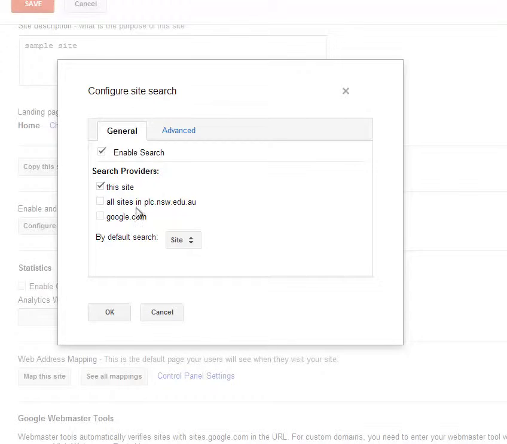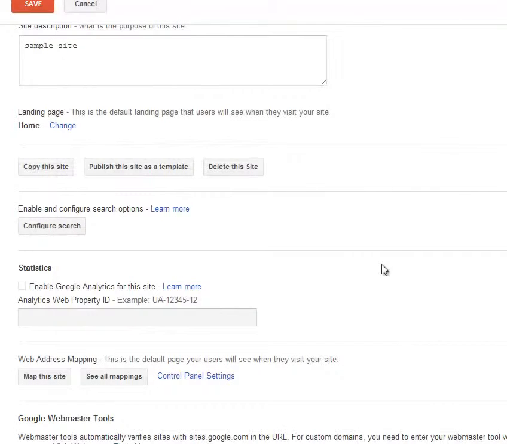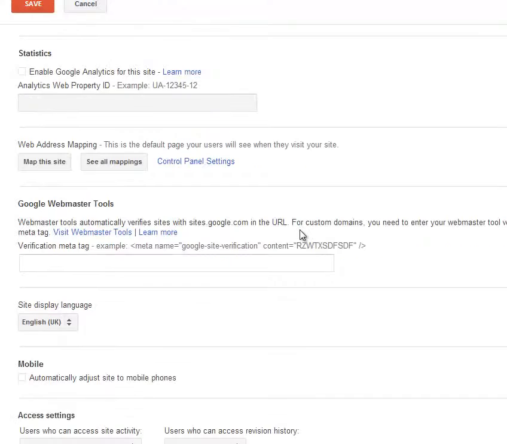You can also choose what it searches. So if you don't want to search this site, you could get it to search all sites within our domain if you're on an apps domain, or you could get it to search Google. And you can have one or all of those. I'm just going to get it to search this site. Say OK to that. Some other things you might want to change here is if you scroll down, you'll see